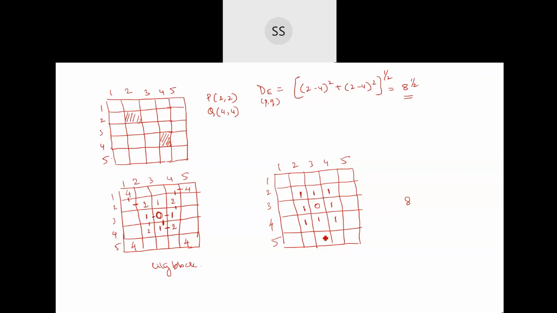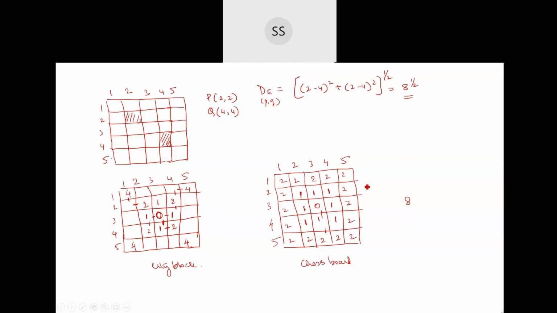So obviously, what will be the value of the other pixels as you go outside? It will be incrementing by 1. So this is 1, 1 plus 1, it is going to be 2, isn't it? If you take in this way or in this way, it is going to be 2. So like that, you're going to have all the surrounding pixel values to be 2. So this is the case of your chessboard.